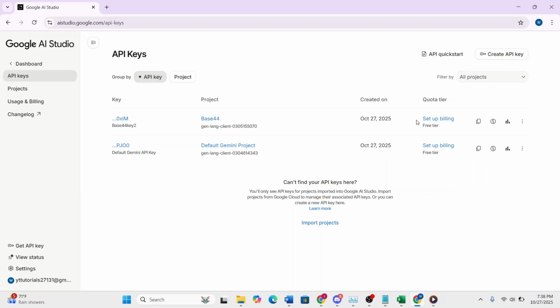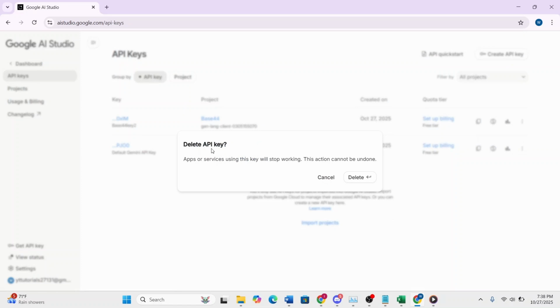And what you do here on the right hand side, you'll see these three dots, okay? It says view more actions. I want you to click on this. You get a drop down, and then right here you'll see delete key, okay? And I want you to click on this one right here, and as you can see, it will say delete